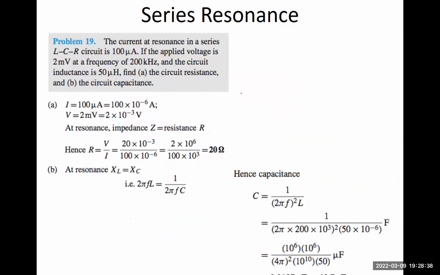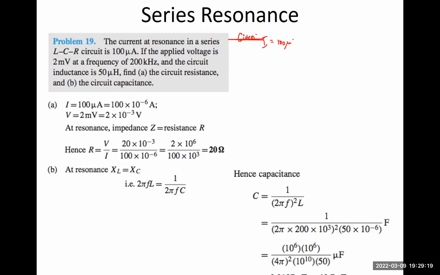So let's have another example. So the current at resonance in a series LRC circuit is 100 microamp. So if the applied voltage is 2 millivolts at a frequency of 200 kilohertz, and the circuit inductance is 50 microhenry, we are to find now the circuit resistance and the circuit capacitance. So what are our given? So we have a current equal to